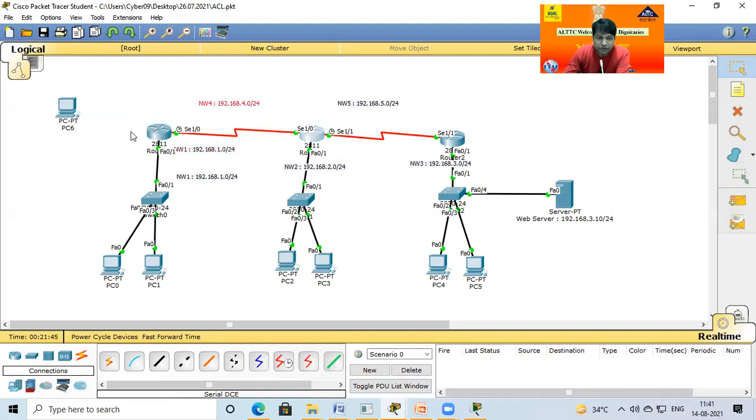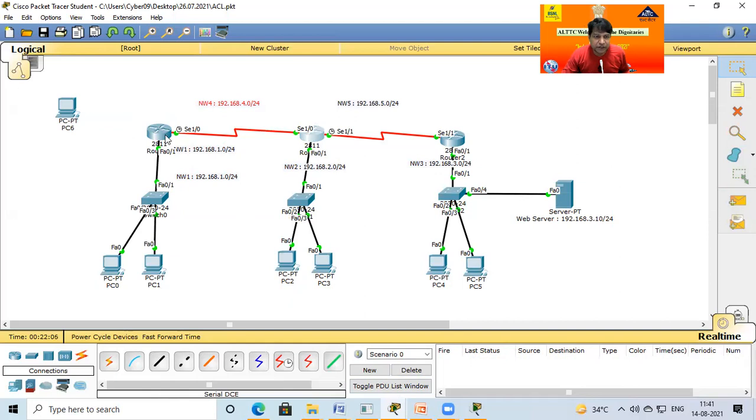Okay. In this network, you are already aware of two types of routing protocol. One is static, another is dynamic. So you can put any routing protocol in this project, no problem.